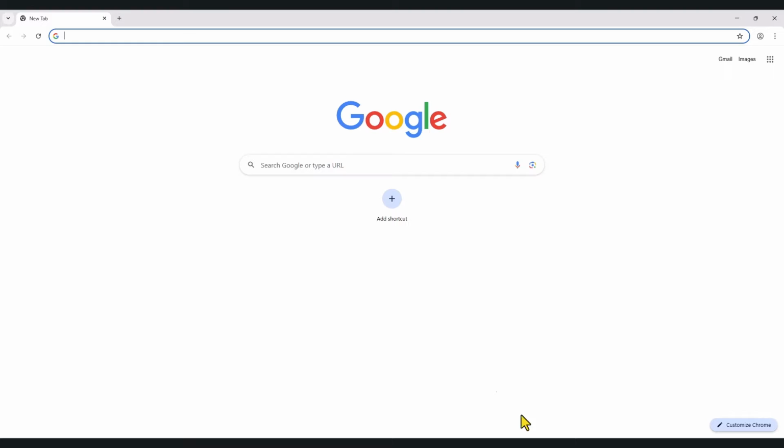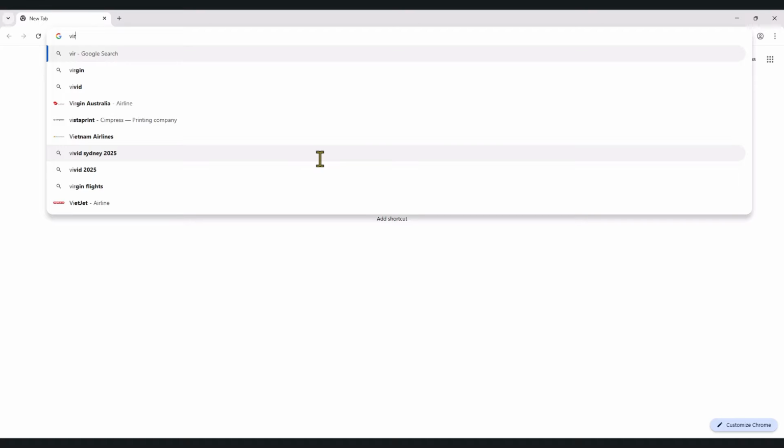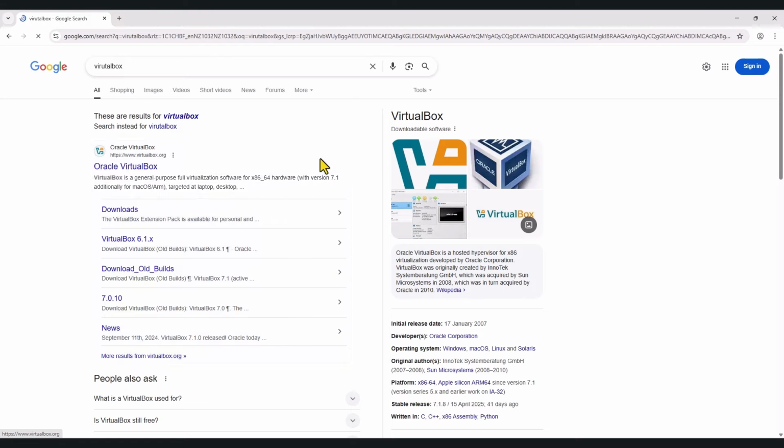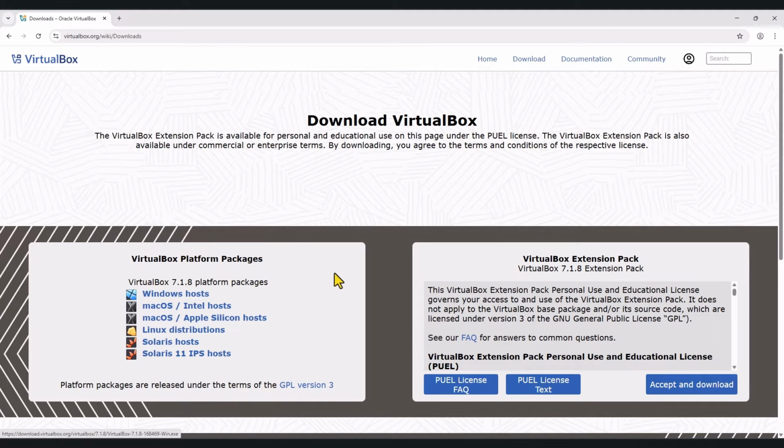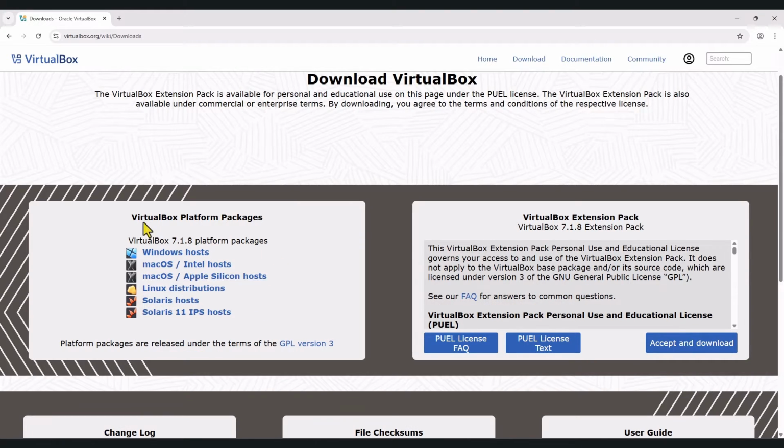can go to your web browser and start typing the word VirtualBox and hit enter. You will see the official URL in the search results, Oracle VirtualBox. The URL is www.virtualbox.org. So click on the downloads link, and from here you will be able to download VirtualBox depending on your operating system. Now, as I mentioned earlier, I run a Windows device, so I've gone ahead and downloaded the Windows